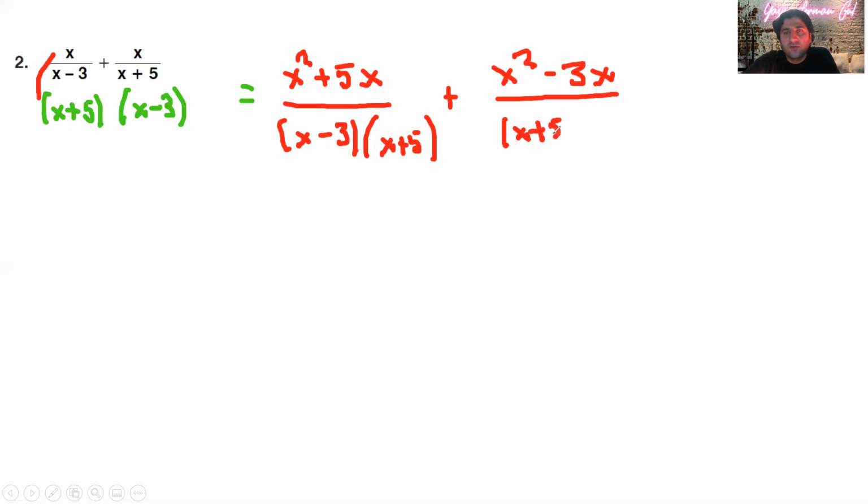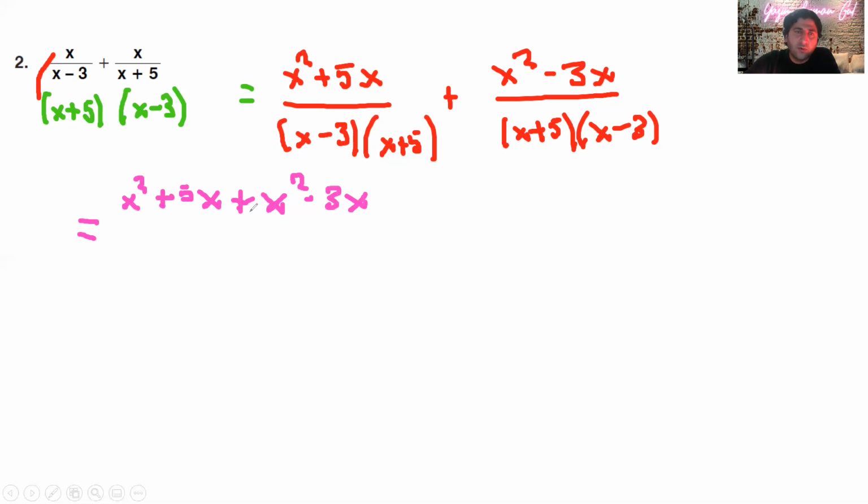So guys, as you notice here, my denominators are the same. Okay, right. So I have the same denominators, as you can see. I'm just going to work with the numerators. I'm going to add up the numerators. Okay, then I'm going to say x squared plus 5x plus, what's here, x squared minus 3x over,